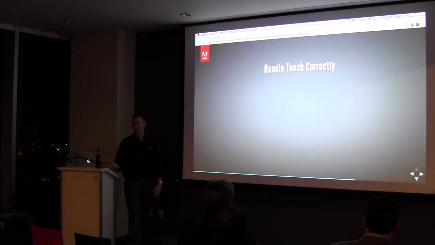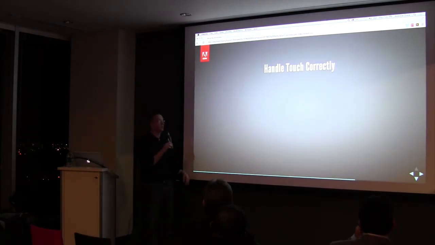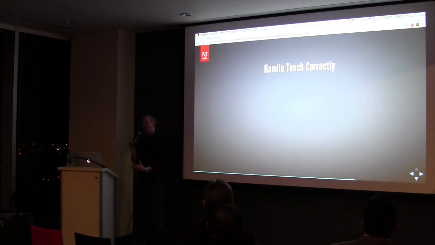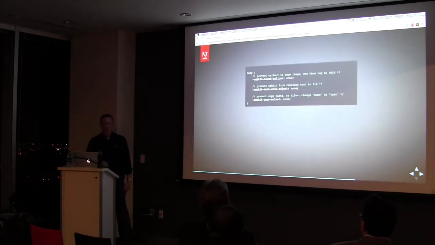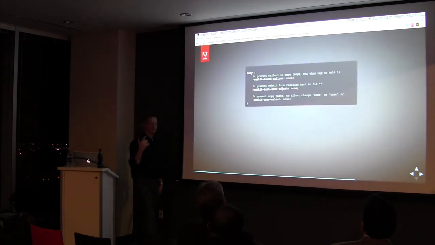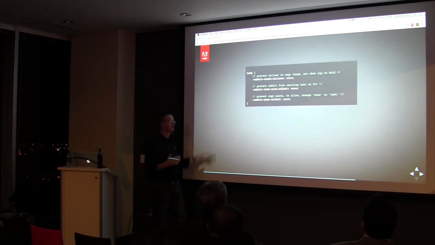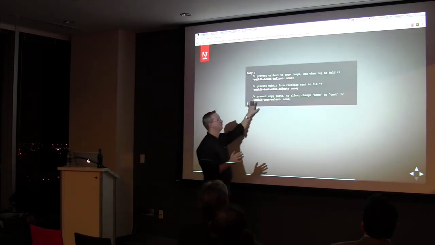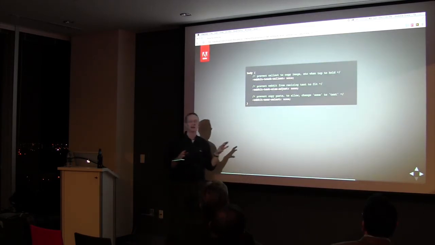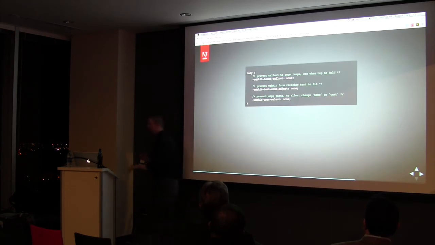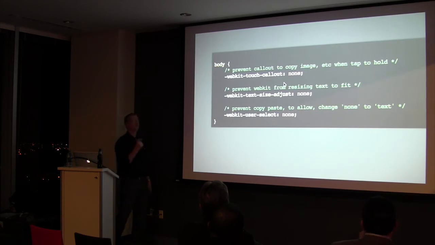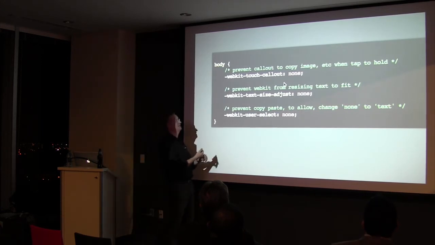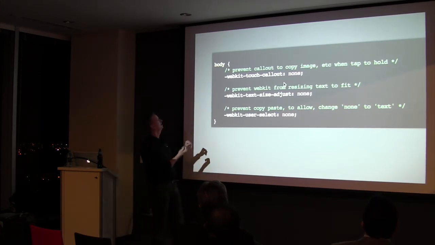Another thing to consider when you're developing PhoneGap applications or mobile web applications is to correctly handle touch. There are two big pieces to this. The first is that you're using HTML in a web view. The default PhoneGap template does this for you, but I've seen many cases where people take this out. These styles, so let me actually zoom in here, prevent the default behavior of WebKit to allow text to be selectable, and